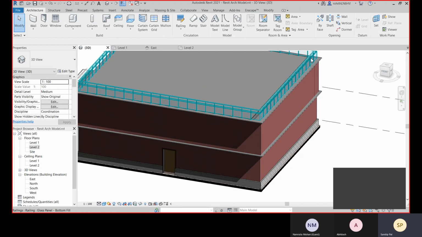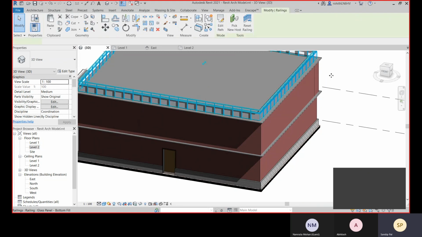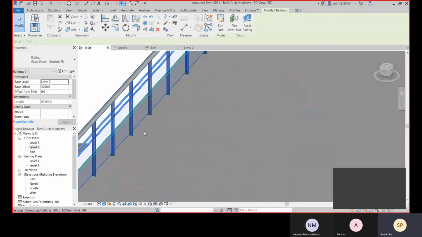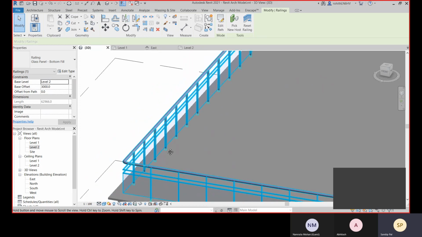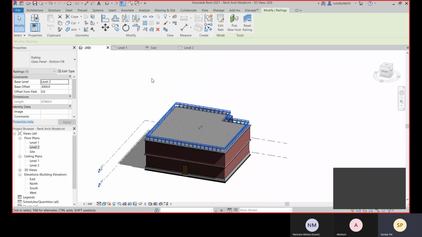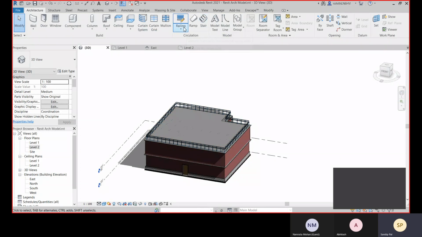So this is how you can create your railing. You can create your own profile. You remember in AutoCAD we have created some baluster profiles. So in AutoCAD we also can create those kind of baluster families. So we will look into how you can create families in next class. So this is for today, how you create stair and railing.